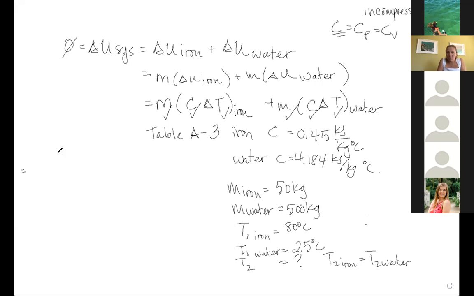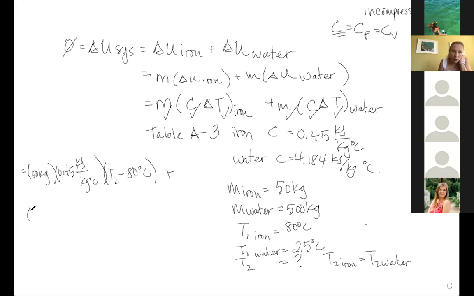So the mass of our iron is 50 kilograms. The specific heat of our iron is 0.45 kilojoules per kilogram degrees Celsius. And then we have T2, which we're solving for, minus T1, which is 80 degrees Celsius,